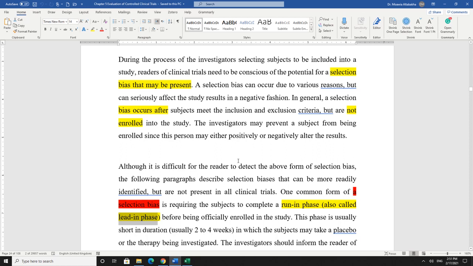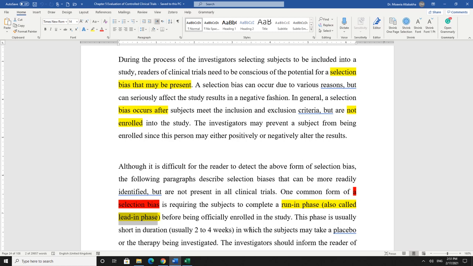Okay, not for sure, not every trial with a run-in phase means there is selection bias. Like, what is this run-in phase or lead-in phase? It's a period of time, usually ranging from 2 to 4 weeks, and that is before the official clinical trial